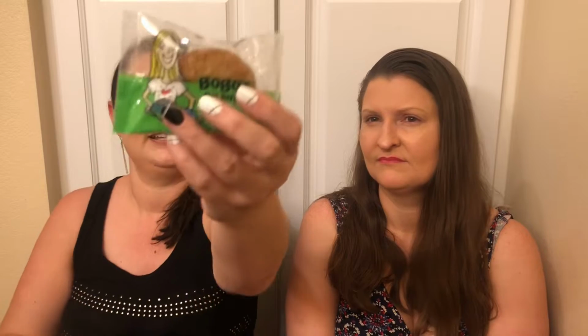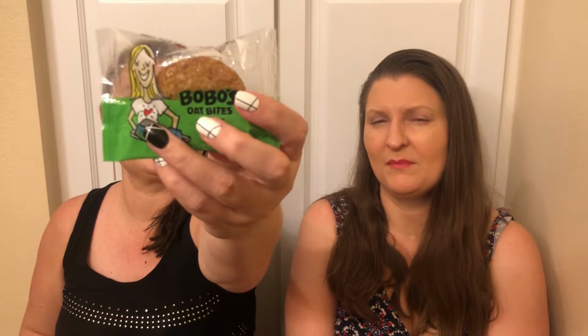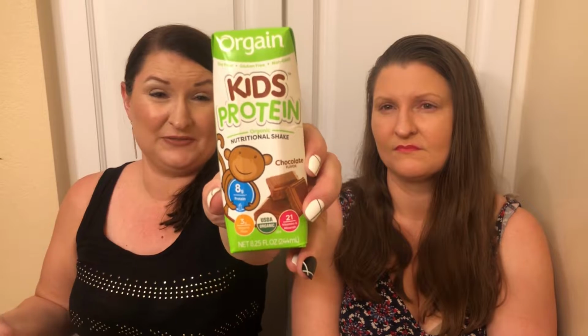Okay. Oh, bloody ale. Okay. Bobo's Oat Bites Coconut. It's coconut, but you might not be able to tell. I probably wouldn't want to try, but that's okay. I'll probably give it to somebody. And then Orgain Kids Protein Nutritional Shake Chocolate Flavor. Either for my kids or for me if I want to be a kid. I don't know why they give me stuff like that, but that's okay. It has to be for like family. That's all I'm guessing, that this box must be for...